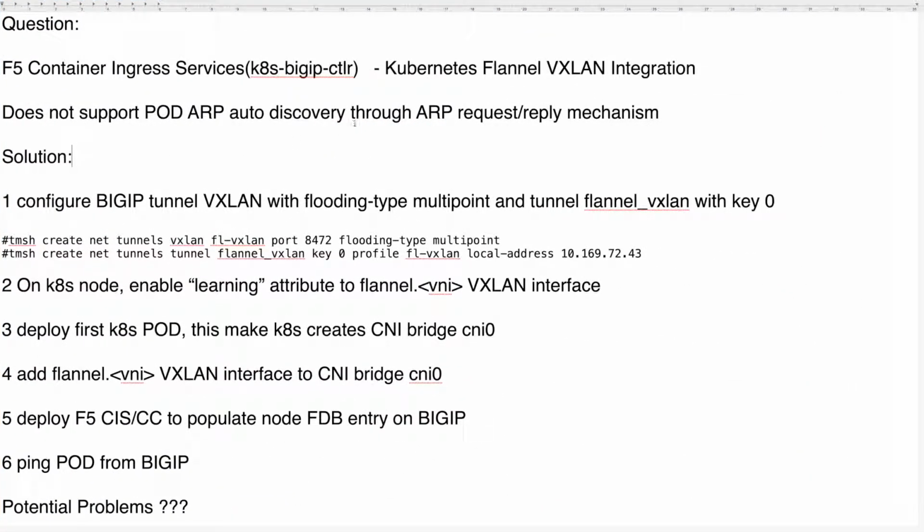Hi, I always have a question about F5 container ingress services, the classic BIGIP container controller for Kubernetes. And when it's integrated with Kubernetes Flannel VXLAN network,